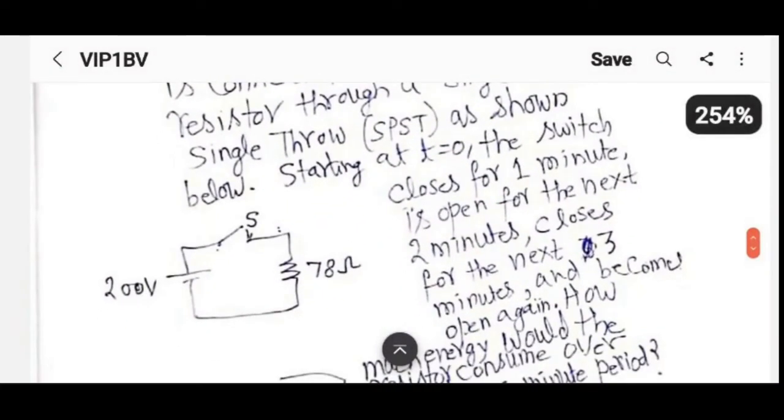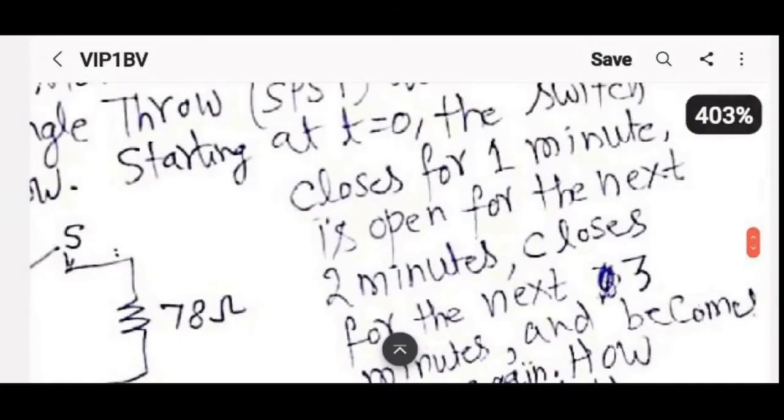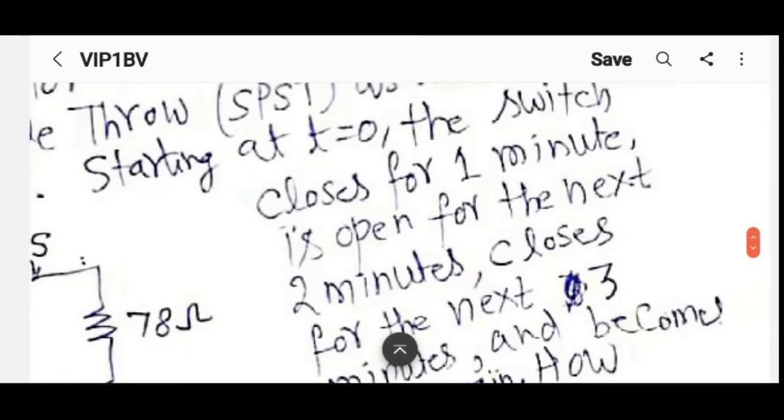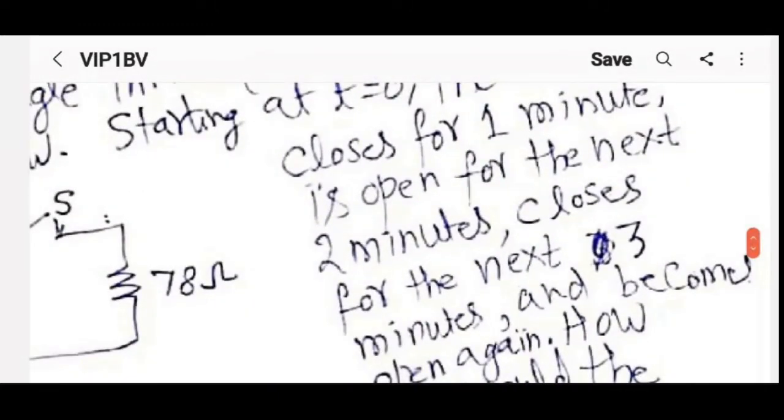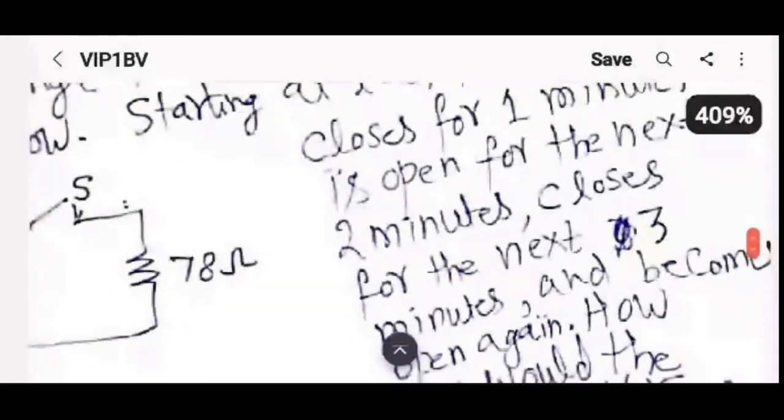Now, in this case, we have connected the switch between the voltage source and the resistor. At t equal to 0, the switch closes for 1 minute, so current will flow. Then the switch is open for the next 2 minutes. And we are going to avoid the transient response. We are talking about steady state responses here. So don't go into charging, discharging, and anyway, there is no capacitor here, so that's immaterial. But even if there were a capacitor or inductor, I would like you to focus on steady state response, not on the transient response.